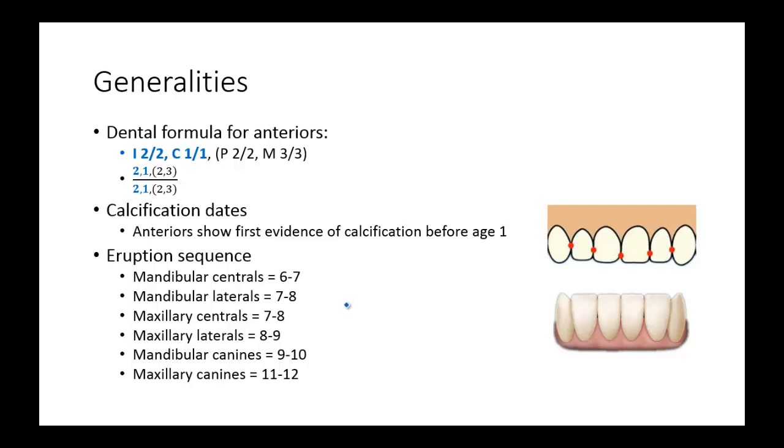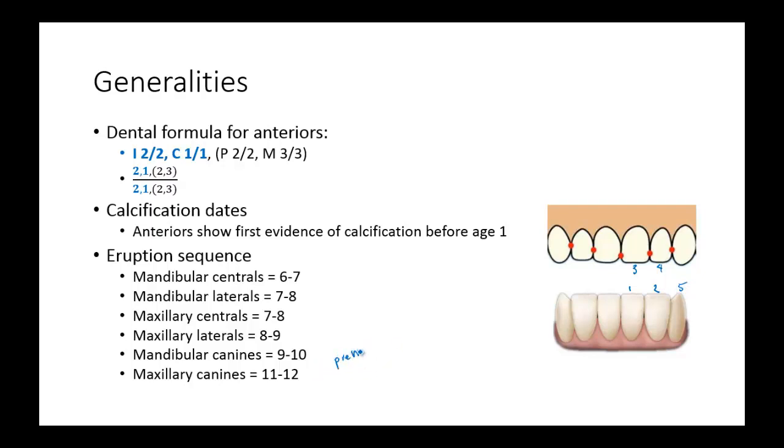So this is just something you need to memorize. The way I remember it is, mandibular teeth usually erupt before maxillary teeth. So the mandibular centrals are the first ones, and then your laterals are going to come. Mandibular centrals come at age 6 to 7, then your mandibular laterals 7 to 8, your maxillary central is going to be 7 to 8, and then your maxillary laterals are going to be 8 to 9, and then you're going to go to your canines. Mandibular canines are 9 to 10, and then your maxillary canines are 11 to 12, and the reason is